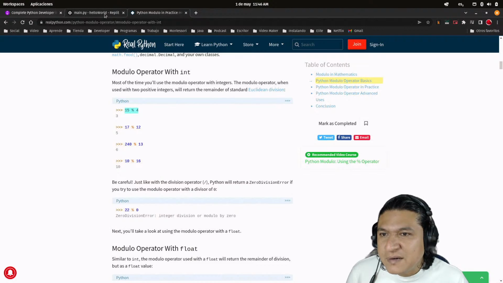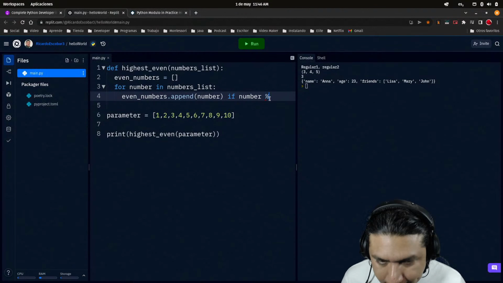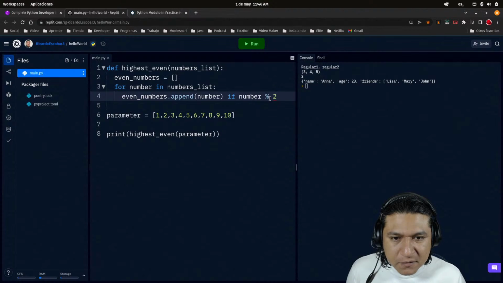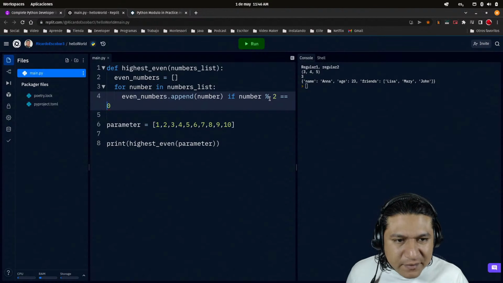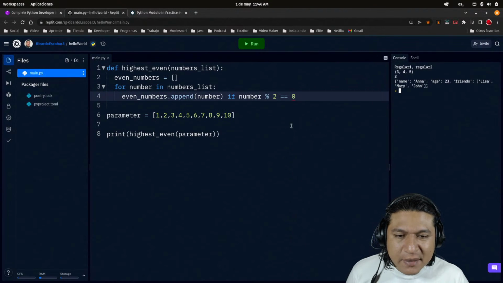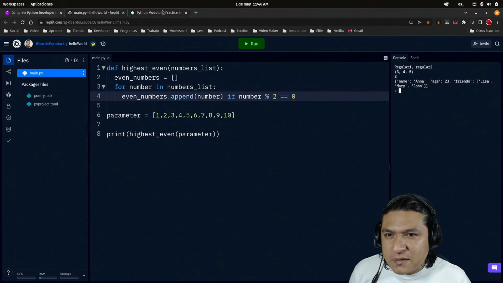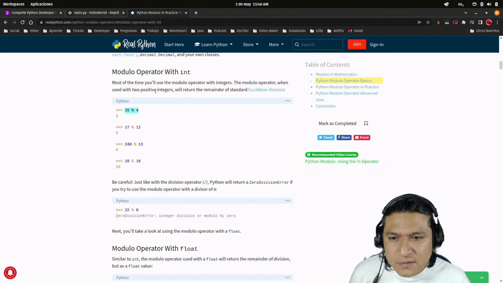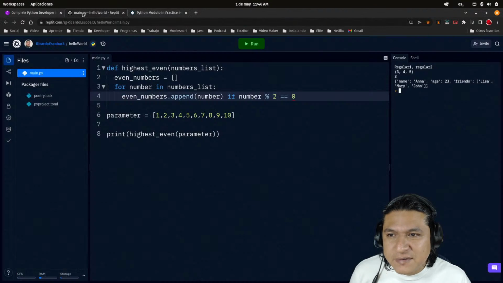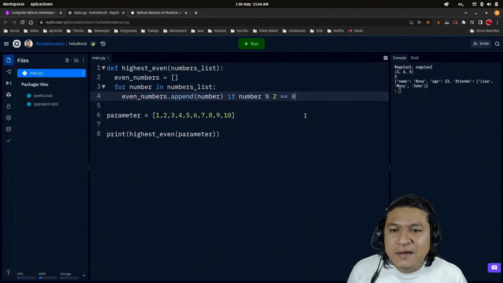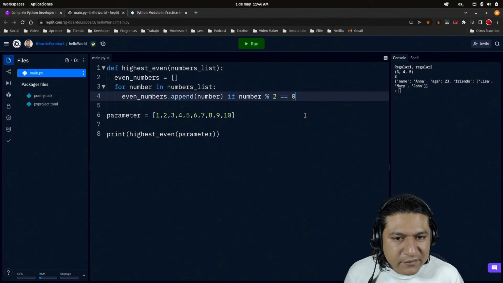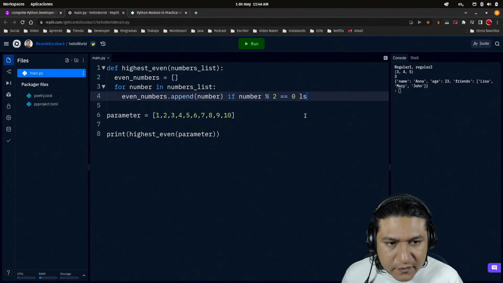That's pretty simple so far. I'm going to divide it by 2. Is this equal to 0? So this means that if I divide the number by 2 and the remainder is 0, then that means that this is an even number. Okay, so if not,